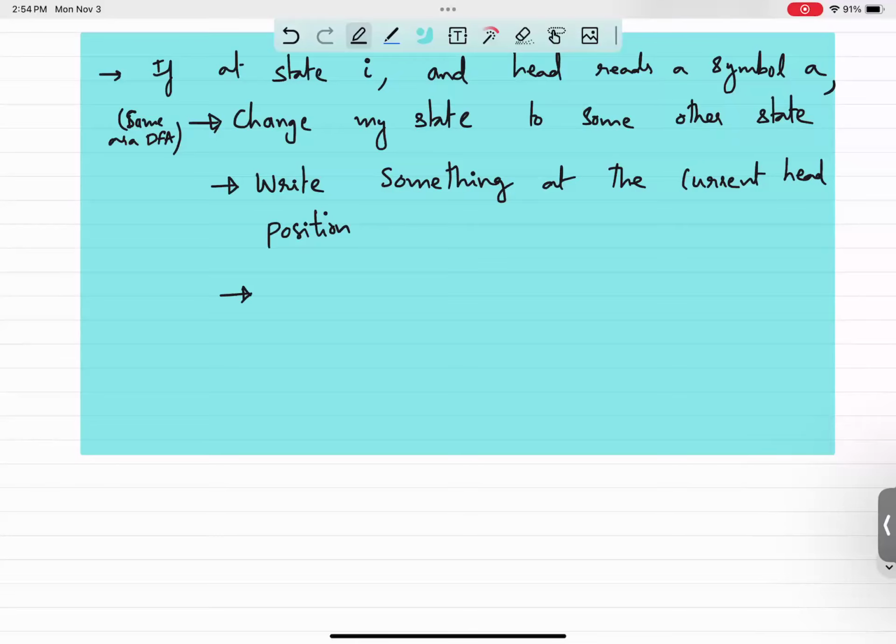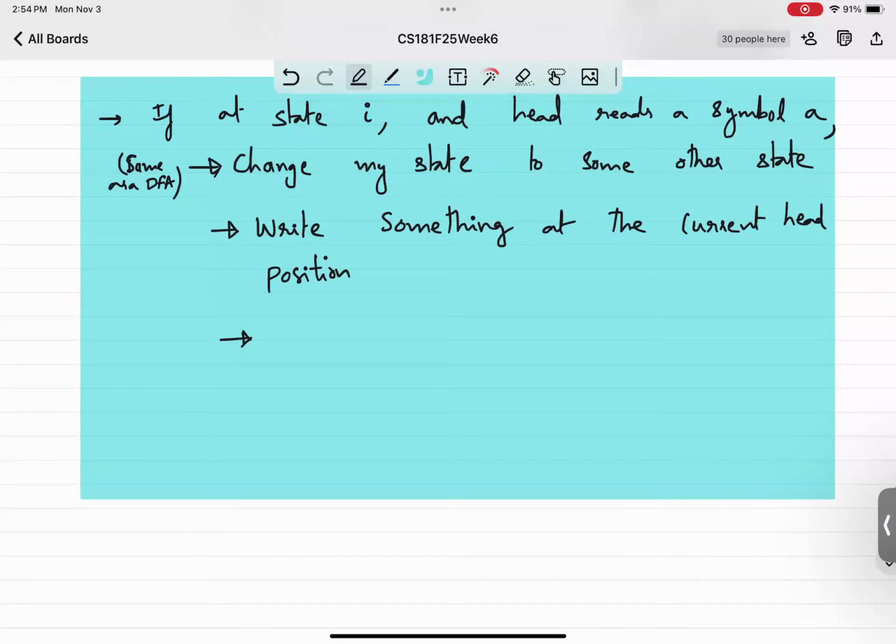Okay. The last piece is, we said I'm allowed to rewrite, but only what is written beneath the head. And then you're allowed the flexibility to move the head. How far can you move it? Again, it's very local. It's severely constrained. I can either go one step to the right, which is what the DFA was doing really, right? But I'm also allowing you to go one step to the left. Or for convenience, we'll say just stay where you are. Okay. So, and then move the head,